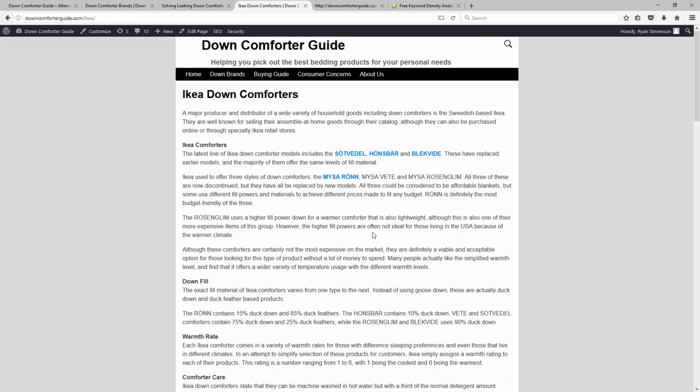So I'm trying to re-emphasize my main point while also trying to draw in search engine visitors. Since most of my search engine visitors to this particular page are all searching for IKEA related stuff, both my title and my description are making it clear that this page is all about IKEA and specifically about their down comforters.